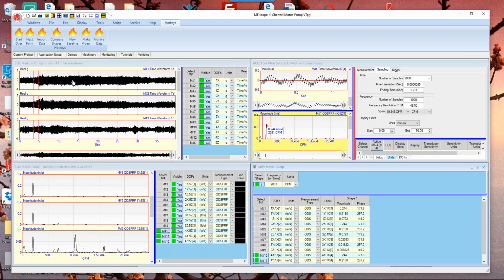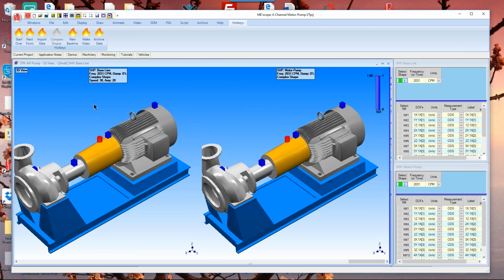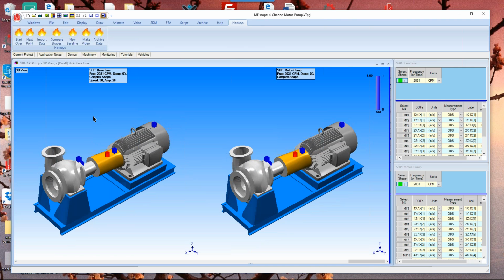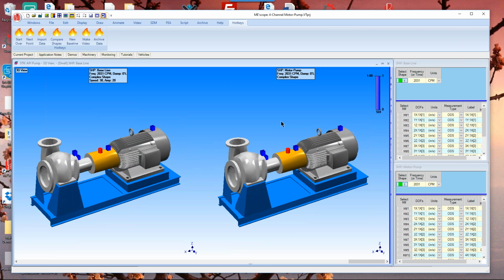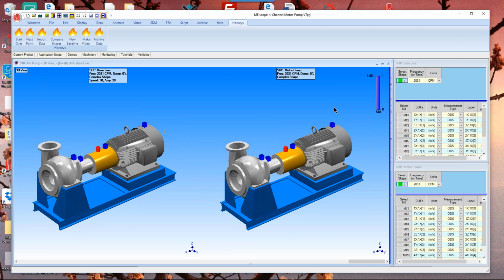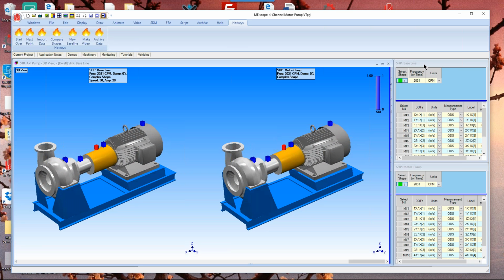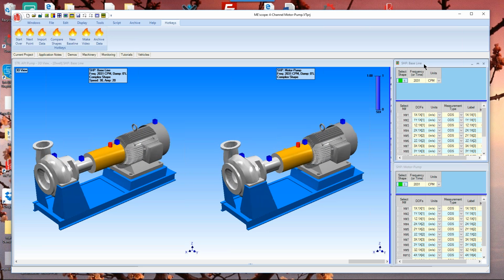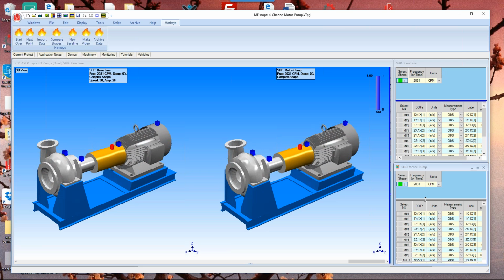Okay, so now once I've got a set of data like this, I can go on and compare shapes. So we started out doing that. And so here we are back to the animation where we're comparing the baseline with the data that we just acquired. So what we're animating here, this is a comparison animation of 2 shape tables. The one on the top is the baseline, and the one on the bottom is the data that we just